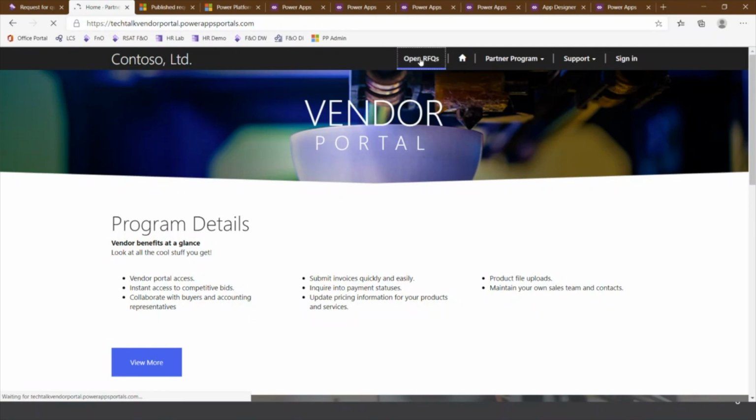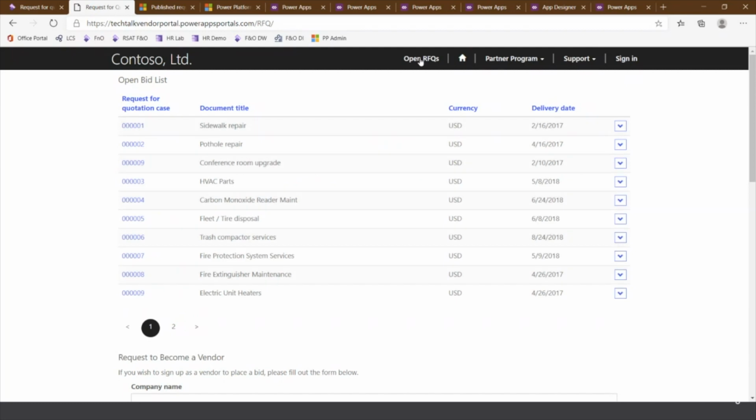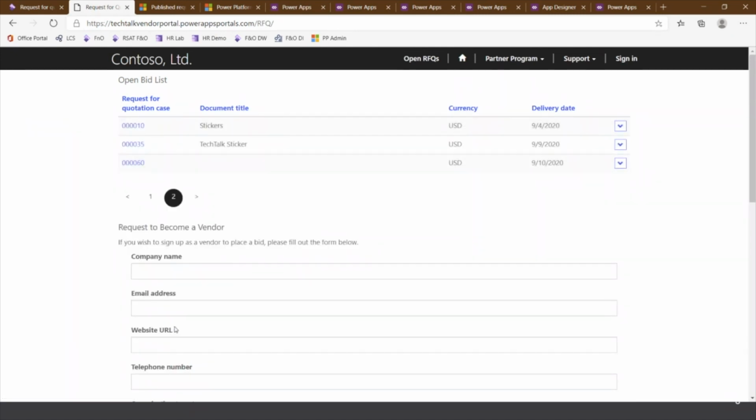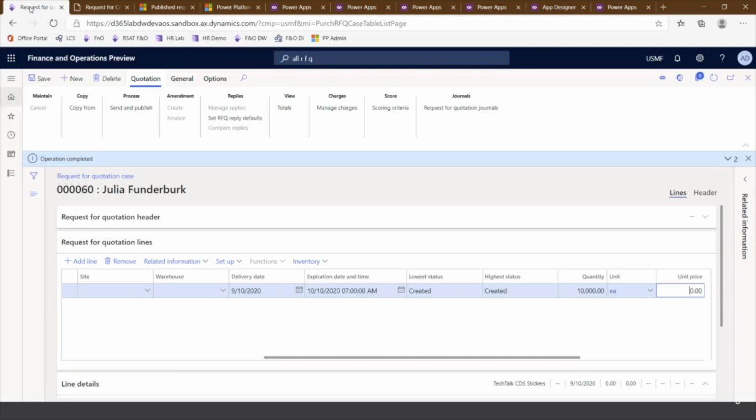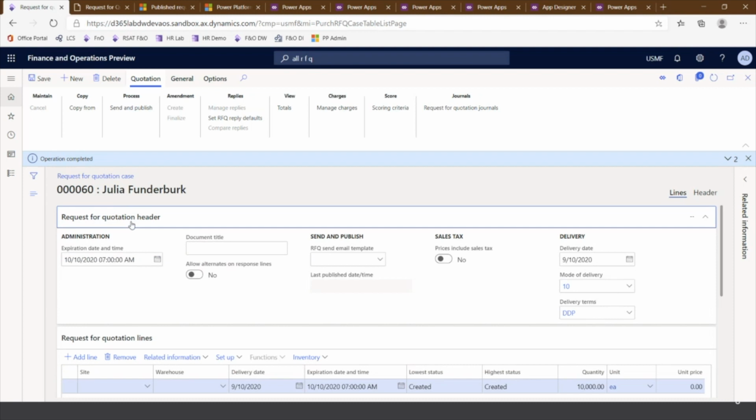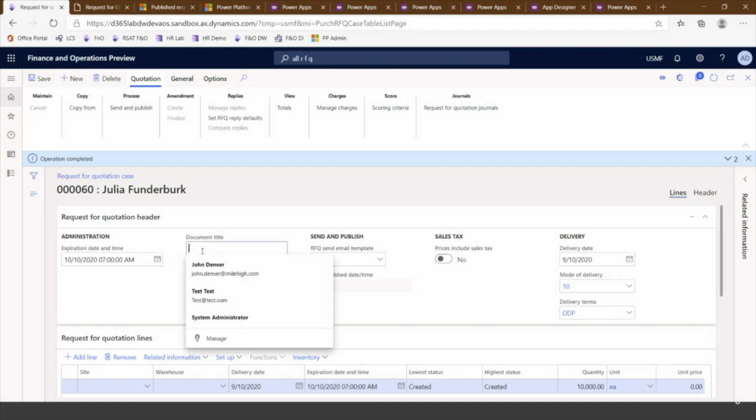So when I click on this page, it brings me to the new page that I created where I can see that open list of bids. So I can see the full list of all of these RFQs. And if I tab on over to the second page, there you can see my new purchase requisition. And I should have put a document title in here. I didn't when I created it, but I could actually go back and update that on my request for quotation here. So if I wanted to just type something in here,